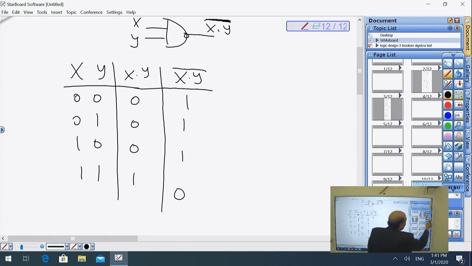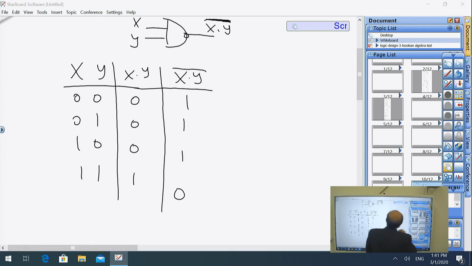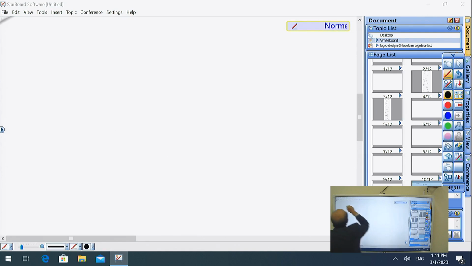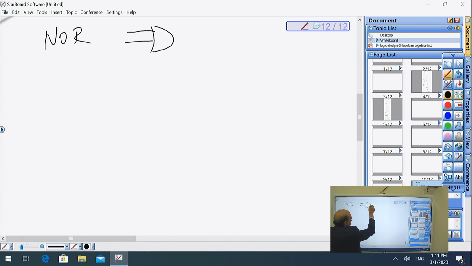Next, we move to NOR. NOR, which is not or, followed by X, Y. So here we have X or Y, and here X or Y, all not. The graphic symbol for the NOR gate,